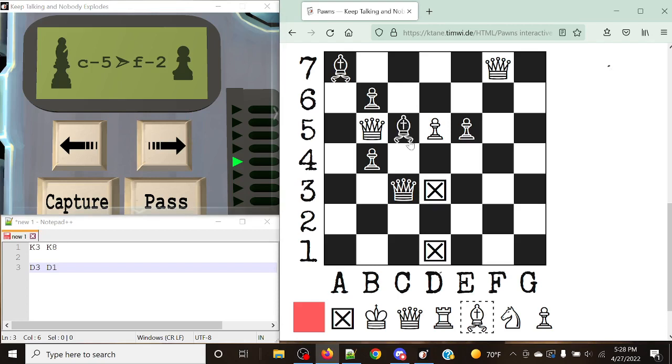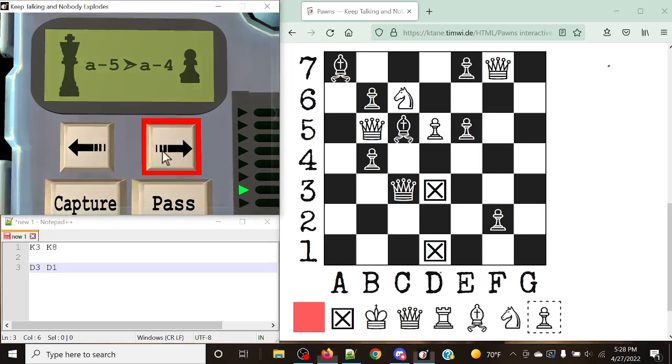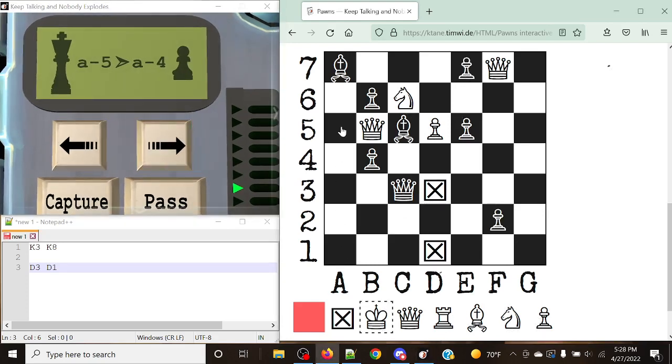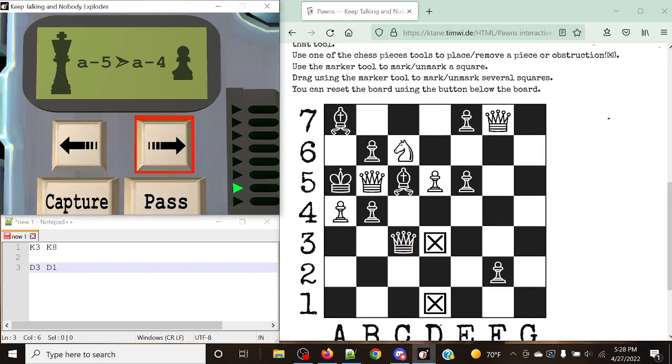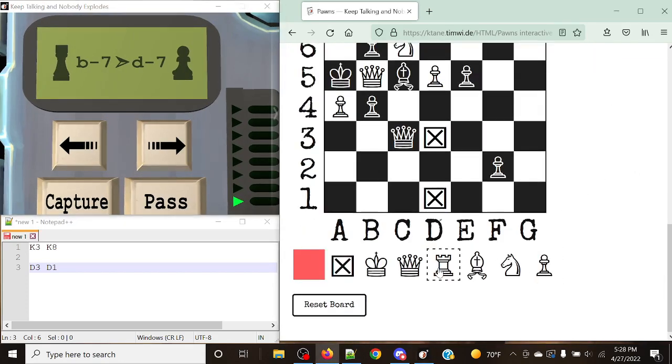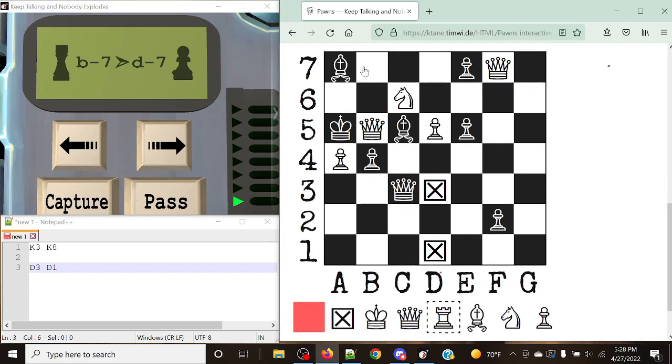Now this bishop is going to get in the way. Foxtrot 2 is going to be right here. Charlie 6 is going to be a knight, right over here, and Echo 7 is going to be the pawn that we're going to try and take. Alpha 5 is going to be a king, and Alpha 4 is going to be a pawn. Okay. And lastly, for our last one here, we have a rook at Bravo 7, and we're trying to take at